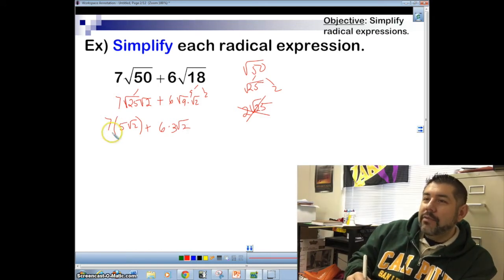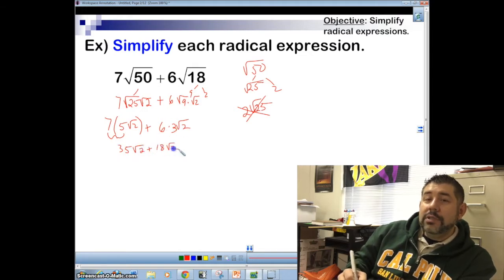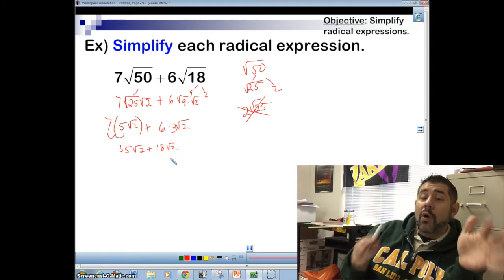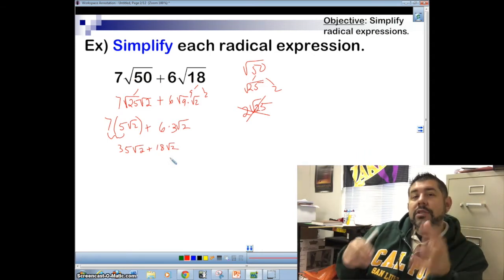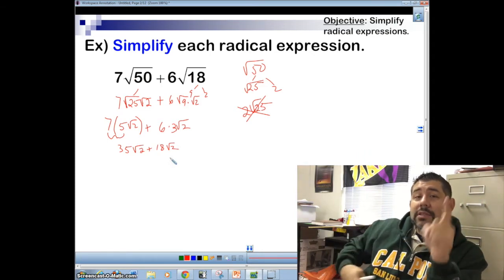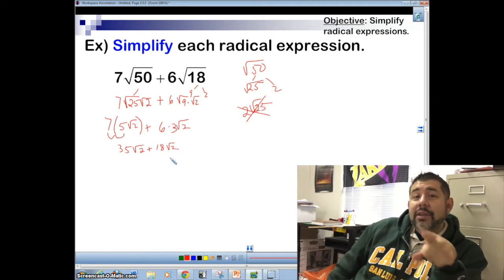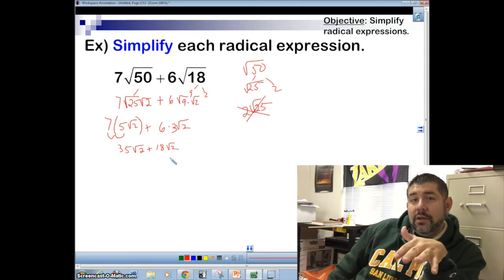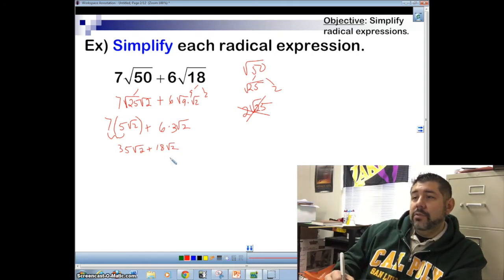Okay. So 7 times 5 is 35 root 2, plus 6 times 3. Now notice here we now have the square roots the same. And like I said in the beginning of this video, you want the square roots to be the same, because when the square roots are the same, we can add them together like like terms. Now in this case, folks, do not add the 2 and the 2 together. All right? The thing inside the square root just stays there. It's like adding like terms. If this was 35x plus 18x, all you would do is add the 35 and the 18, which is going to give you